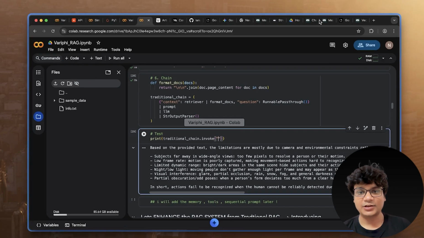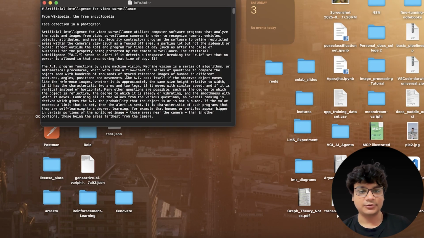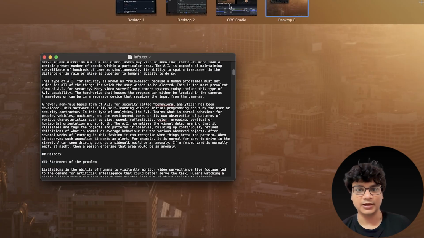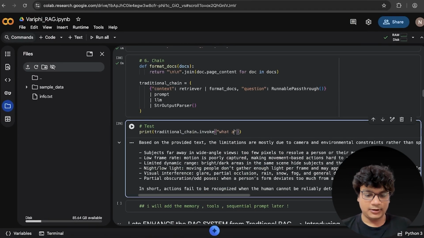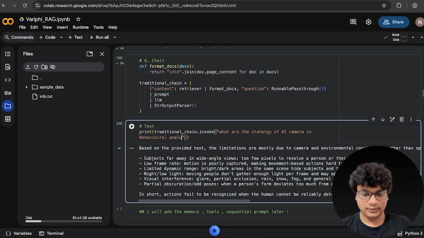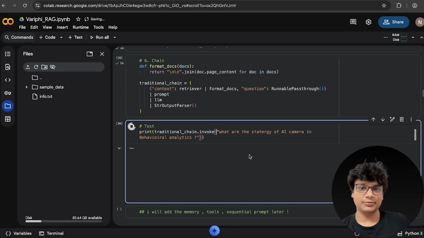These questions are relevant to this data, like this info.txt. So let me ask what are the rule-based strategies of AI in behavior analytics. Let me ask this question: what are the strategies of an AI camera in behavioral analytics. Based on that it is supposed to go and check my top 6 relevant chunks,